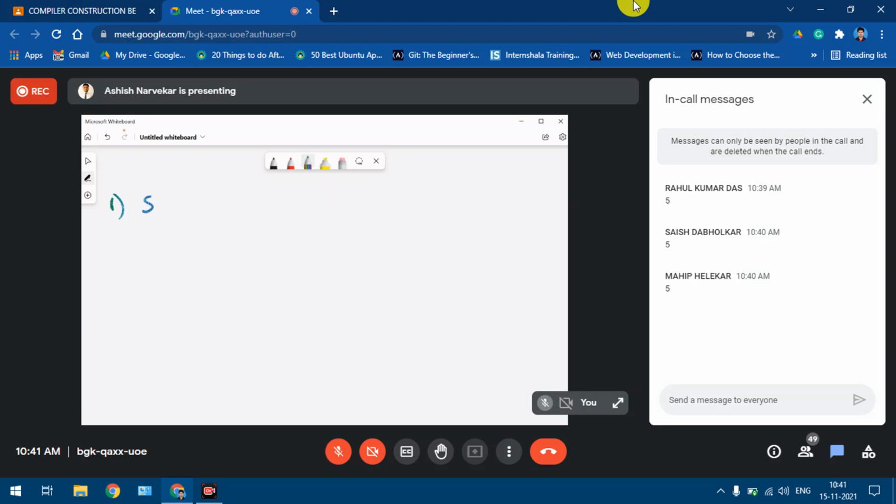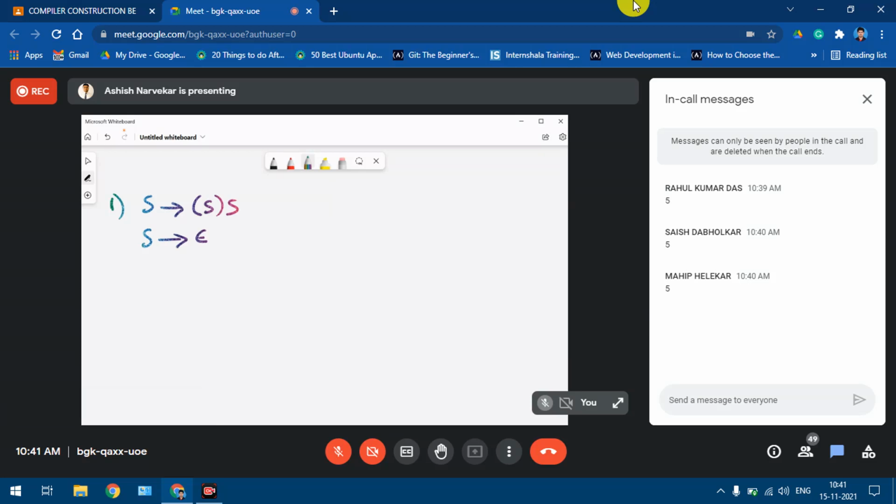S gives... Now this is given to us, and we need to check whether this is an LR0 grammar or not. Parsing of the string and all, we'll see later.